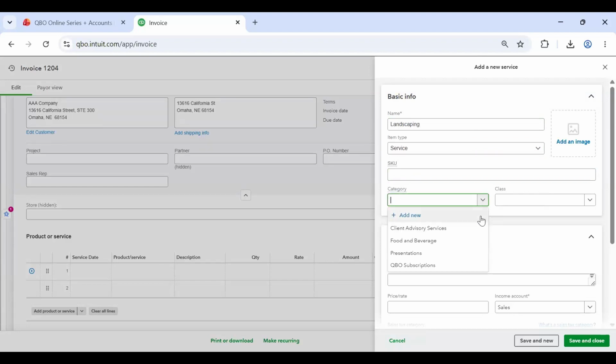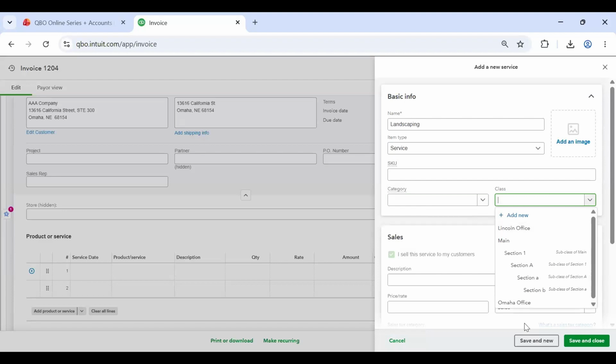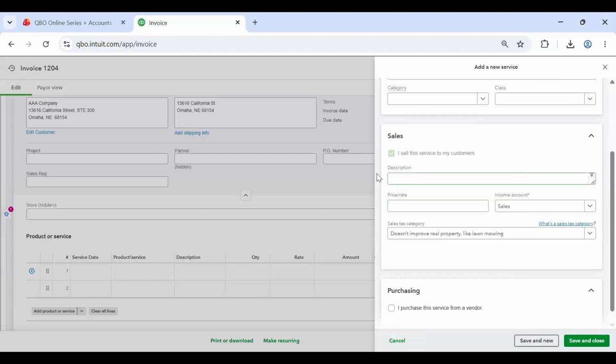So if we have multiple different categories of things that we do, you could add a category, or if you already have it, you could select one from here. And class, if maybe you have multiple offices or multiple locations, you could click which one that is as well. A little description if you want it to appear here. You can set the rate that you want it to come in as there,